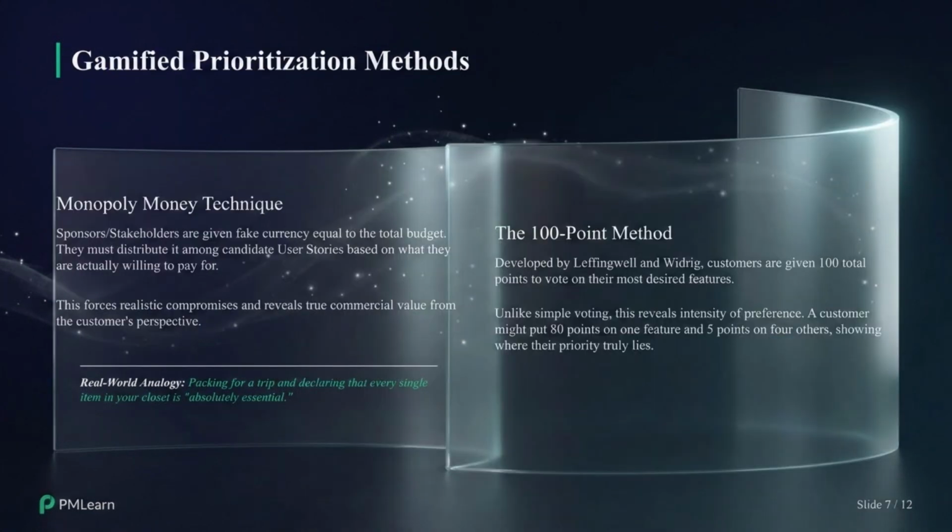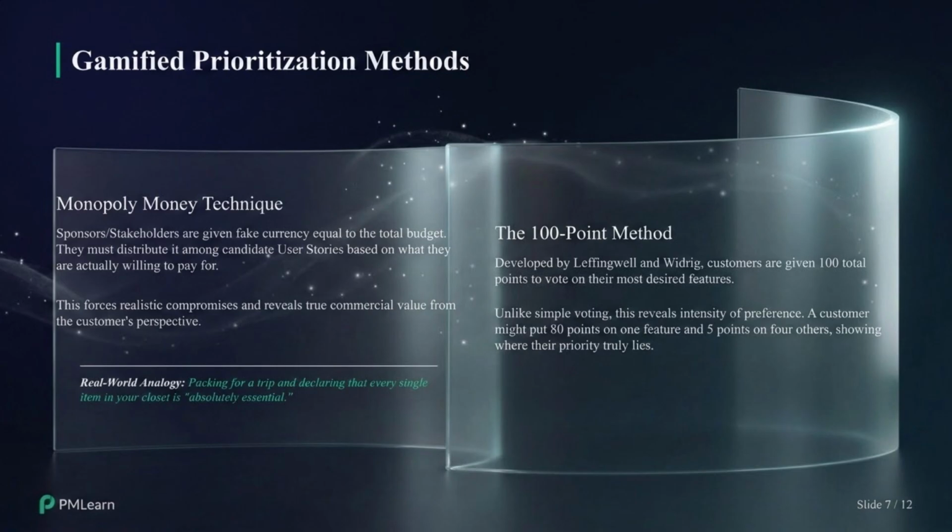What if your stakeholders argue that everything is a must-have? You make a game out of it using Monopoly money or the 100-point method. In Monopoly money, you give your customers fake cash equivalent to the project budget. You tell them, here is $100,000. Buy the features you want. When stakeholders have to spend virtual cash, they suddenly stop asking for vanity features and start investing heavily in what